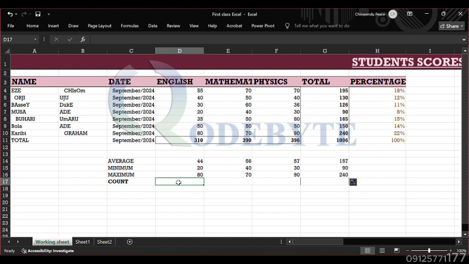Okay, so the next function we are going to look at is the count function, right? The count function counts the number of values we have. So we want to know the number of values we have in English, the number of values we have in maths, the number of values we have in physics. So as always, I'll come to my formula bar, equal to